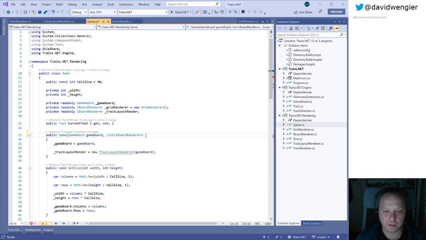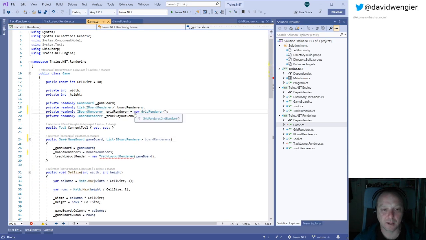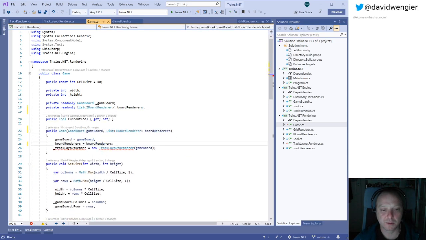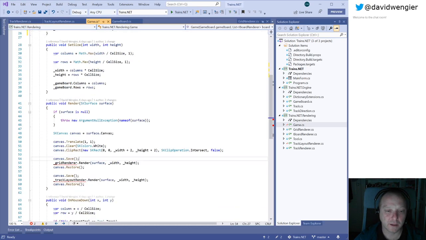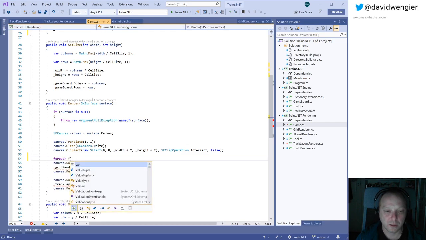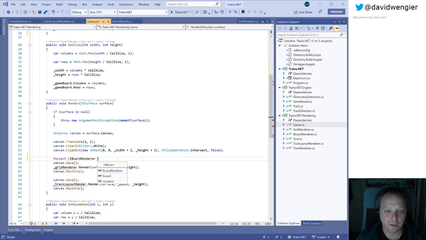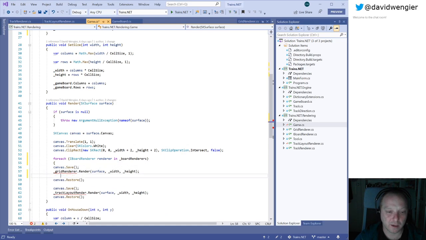Oh, that doesn't have a name. Yep. Board renderers, and then I'm going to initialize that field. I'm going to get rid of these two. Whoops. Get rid of that one. And then down here, I simply go for each IBoardRenderer. I'm going to say renderer too much, and I'm going to forget how many R's are on the end. And then, oops,